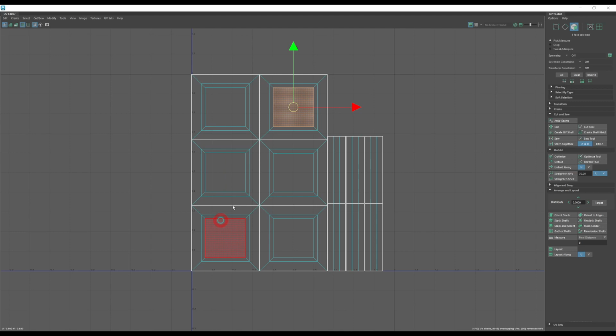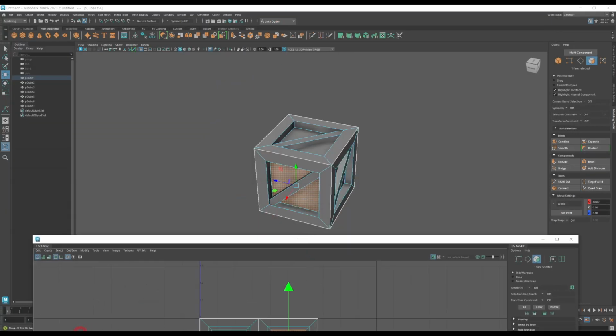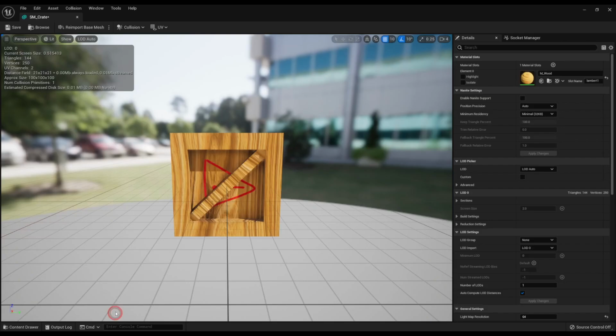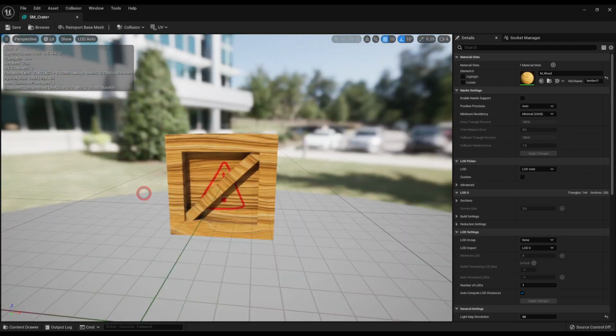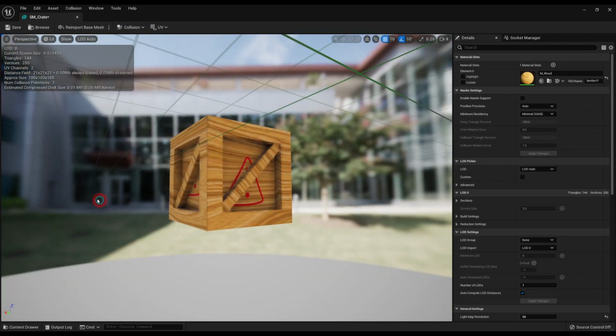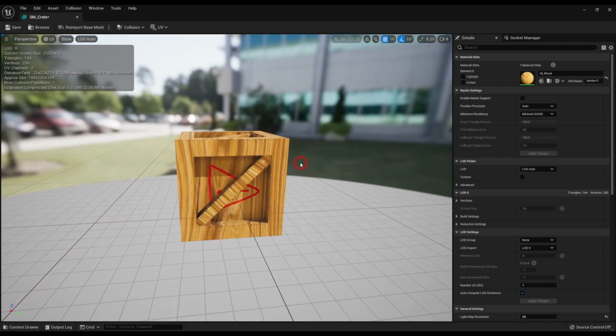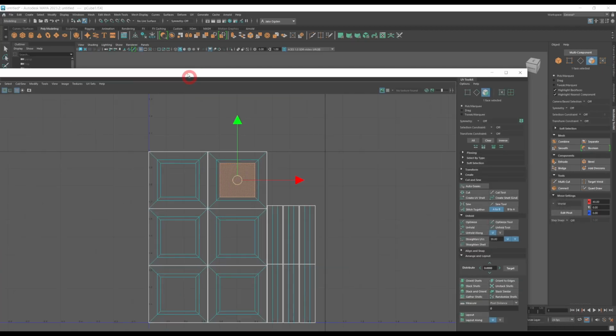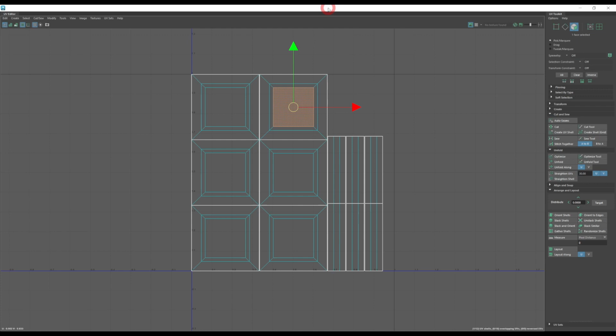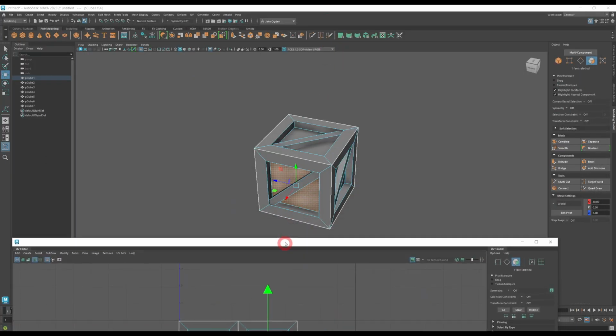So what we can do in Maya is try to find the one that it is. We've got all this here, so we know that one of them's an issue. We can try to guess, but that might take a bit of time. So what we can do instead is put the texture in Maya. So if we open up Hypershade,